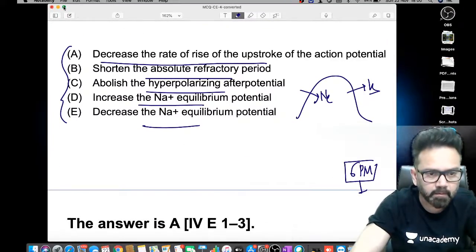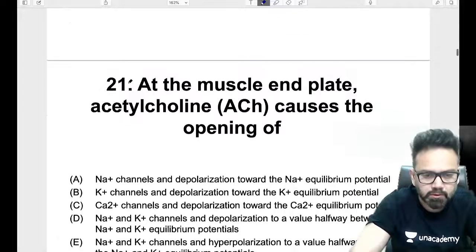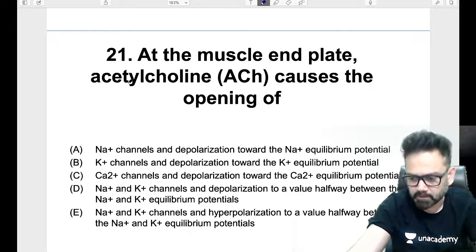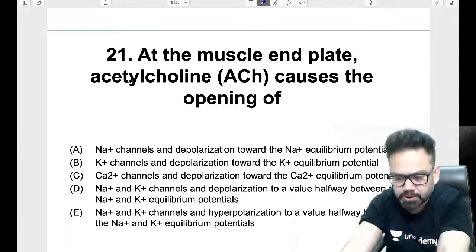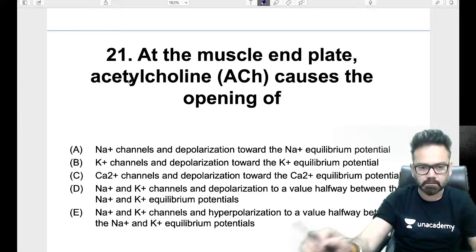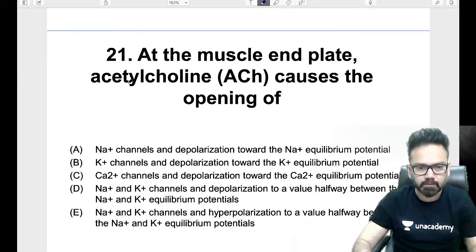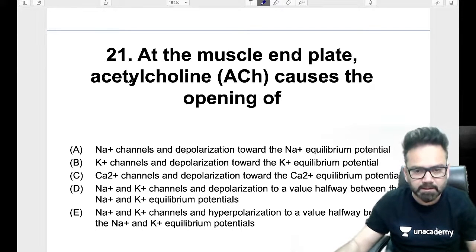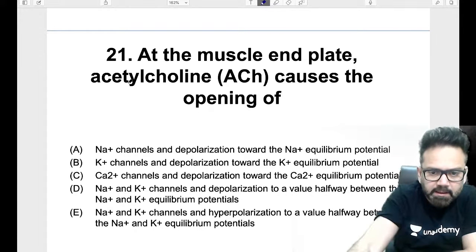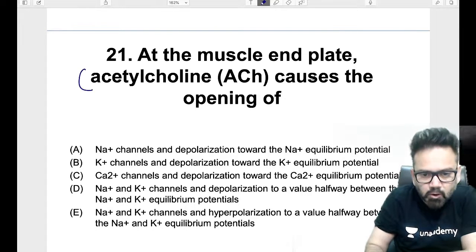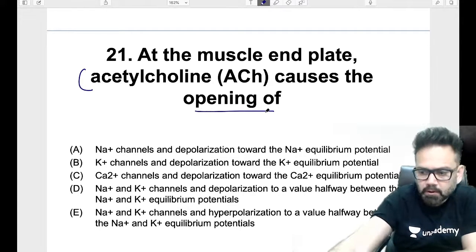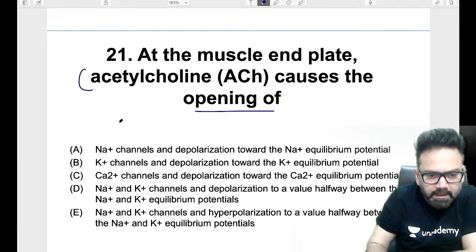So today we'll start discussion from question number 21. Good evening Moksh, good evening everyone. Question number 21 of the series: at the muscle end plate, acetylcholine causes the opening of...